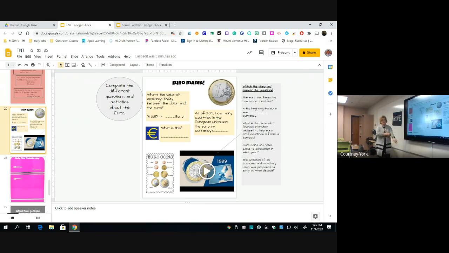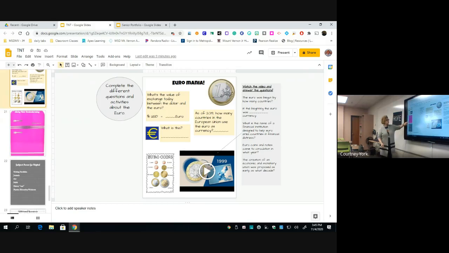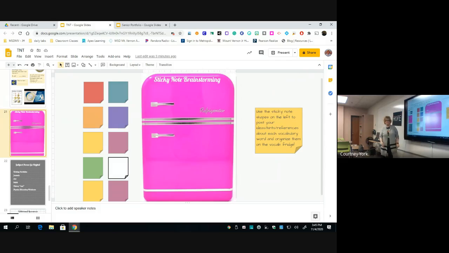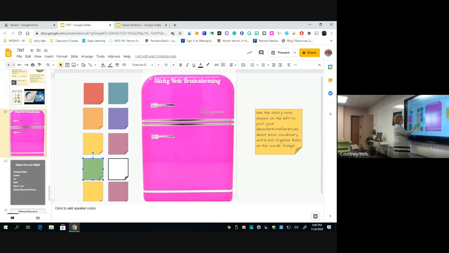And then this is my favorite because I'm a big dork and I think this is cool. I always loved when I was a kid that my mom would put stuff on the refrigerator. So I went out and found an old time refrigerator that looked like my grandma's. And I had to flip it because, of course, when I found it, it was the other way. So what they do, and this is part of the assignment, whether it's a mnemonic device, just a shortened definition, whatever, they write on that and then they slide it over and then